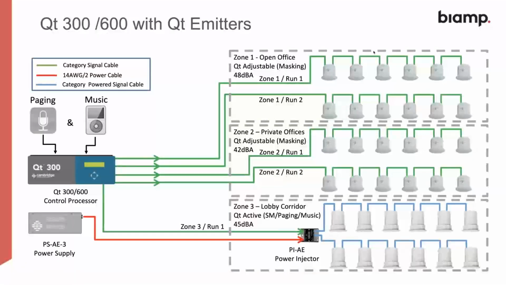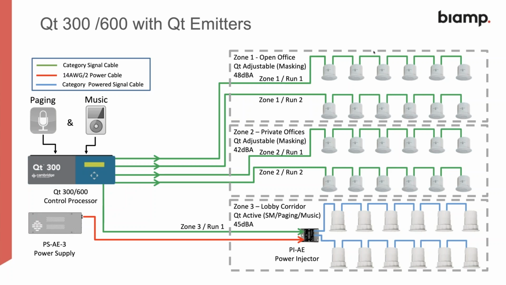When you're using the QT300 or 600 with the QT emitters, you can start getting quite sophisticated in what you can do here by having a large number of emitters over separate runs in separate zones, for example, in different environments, so open office, private offices, in the lobby or corridor environment. And again, all these are fully adjustable and interchangeable according to what you want to do. We'll come on to the design of this later on, because this is a really important part of the service that we offer. And again, on the top left-hand side, you'll see the types of cable that we need in